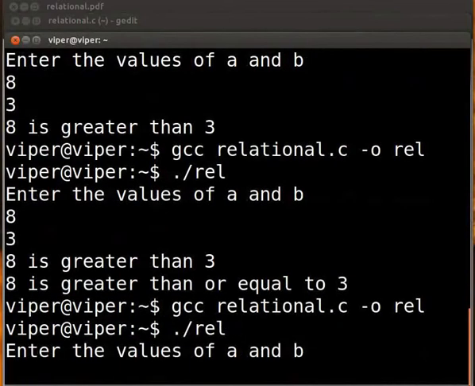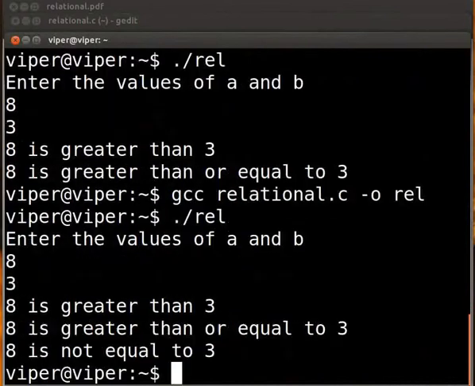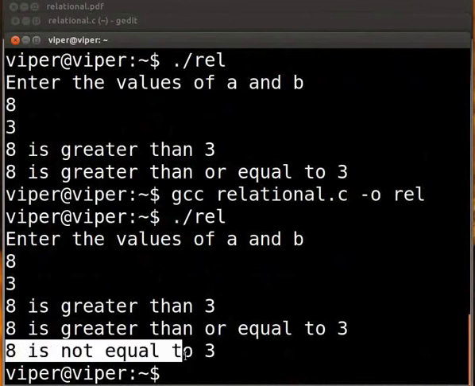Enter A as 8 and B as 3. The output is displayed on the screen. 8 is not equal to 3. So we see how the relational operators work. Try executing this code with different sets of inputs.